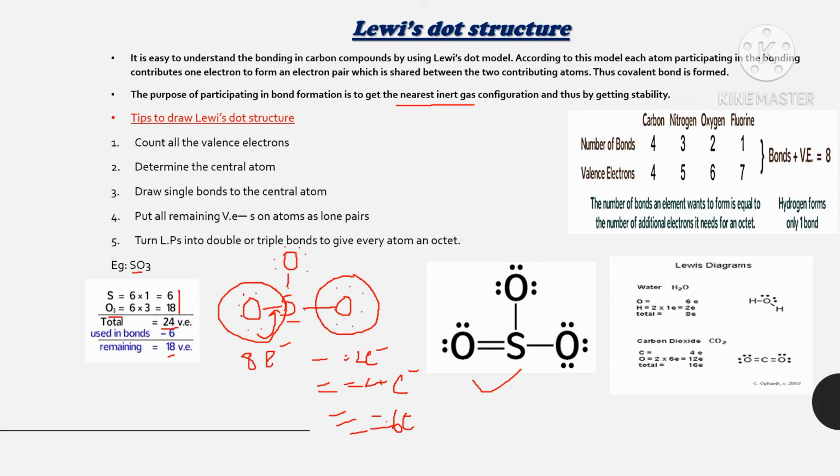So one more example is H2O, and next one is carbon dioxide, CO2. Same, carbon has 4 valency electrons, oxygen has 6 valency electrons, but here 2 oxygen atoms are participating. So one thing you must remember, each and every atom must satisfy the octet rule. And one more thing is, if you know the valency shell electrons in any atom, it is easy to write the Lewis dot structure.